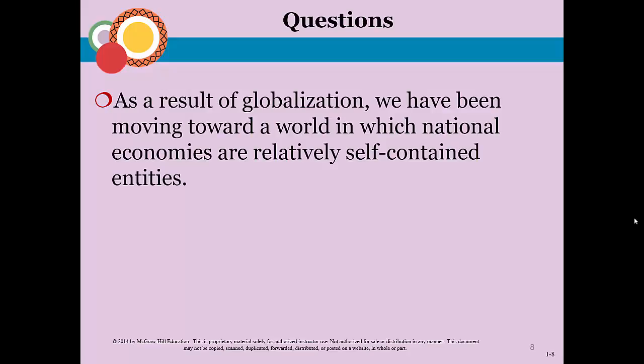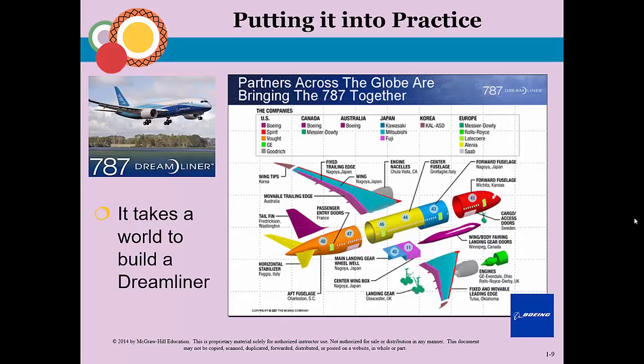Over the past 3 decades, a fundamental shift has occurred in the world economy, where we've been moving away from a world in which nations are self-contained, but rather are interacting with one another. A perfect example of that is airlines and the planes that we fly in and how they're built in multiple parts of the world, if you will, because of the core competencies that these different companies have developed in those countries and the economy of scale that they've been able to leverage as a result of residing in these